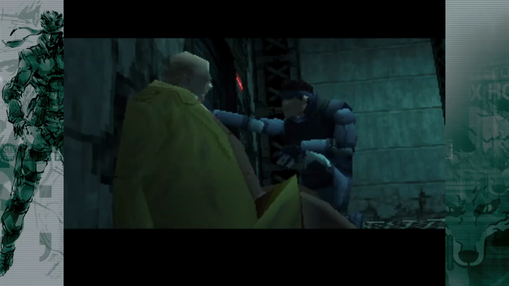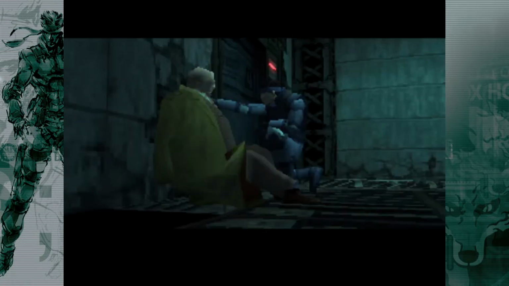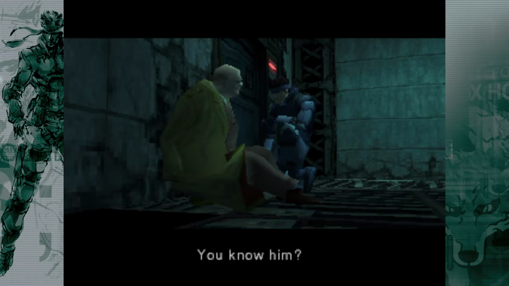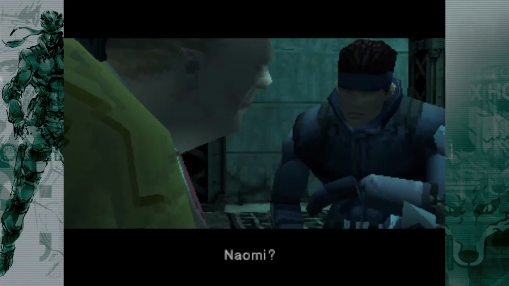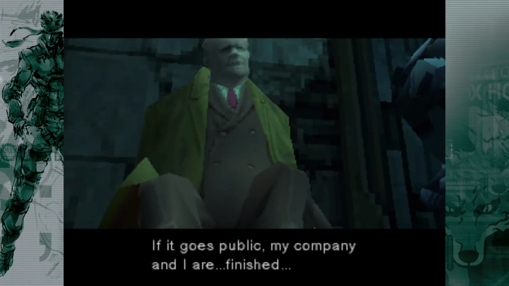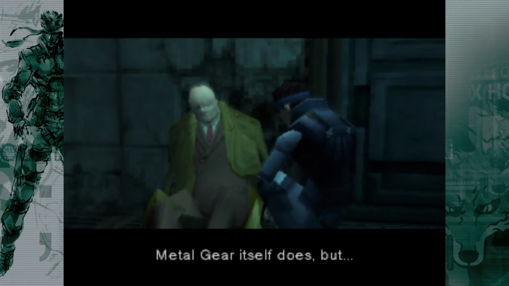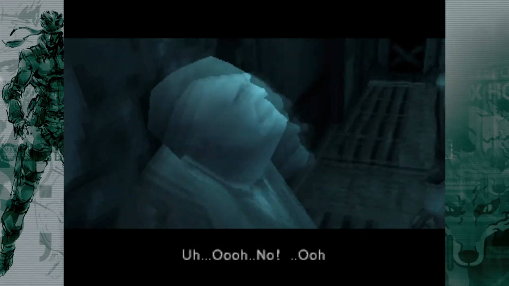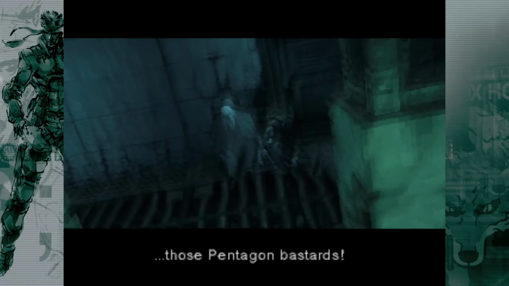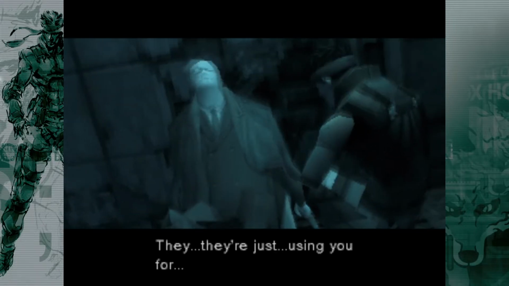I have one more question. Who or what was that ninja thing? It looked like you knew something. That ninja? That was Foxhound's dark little secret. Dark little secret? An experimental genome soldier. You know him? You should ask Dr. Naomi Hunter from Foxhound. She knows better than I. Naomi? You've got to stop them. If it goes public, my company and I are finished. What? Doesn't Metal Gear use currently existing technology? Metal Gear itself does, but... What did you do to me? Oh, no. Oh, no, it can't be. Those Pentagon bastards. So, they actually went and did it. What are you talking about? They're just using you for...